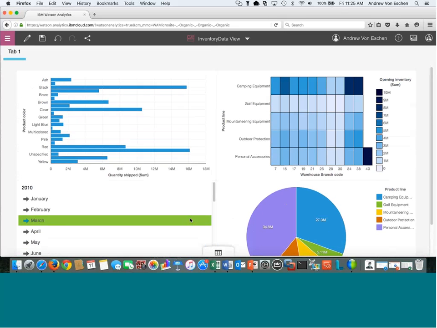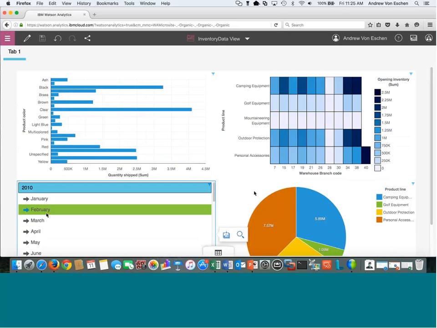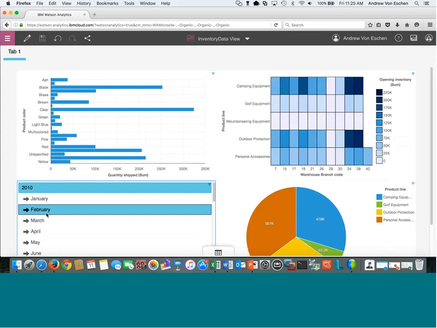It's going to help me explain and answer Spencer's questions about who, what, when, where, why. Now, the other thing I can also do is I can simply start interacting with this, right? Just by clicking on a year or a month, I can watch my data start to update and interact.